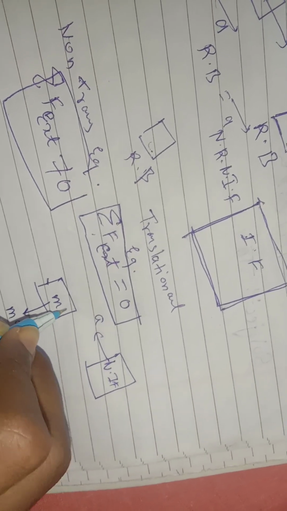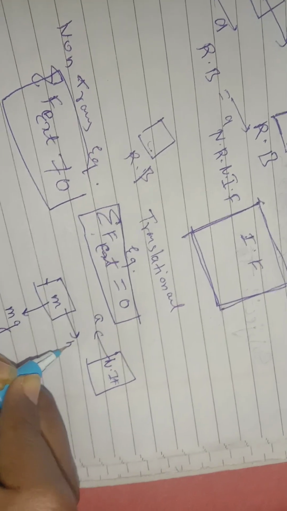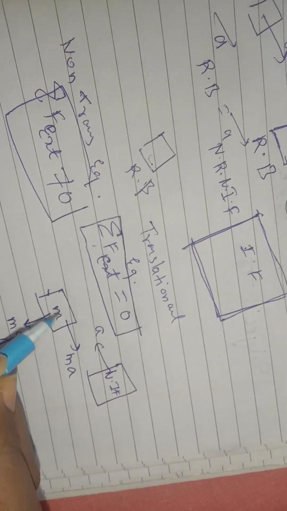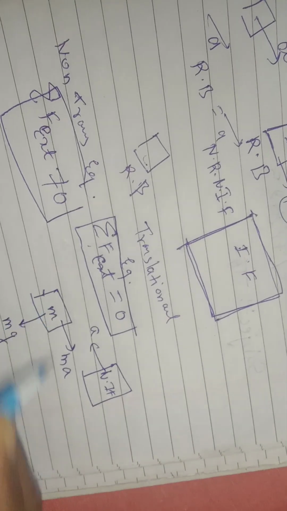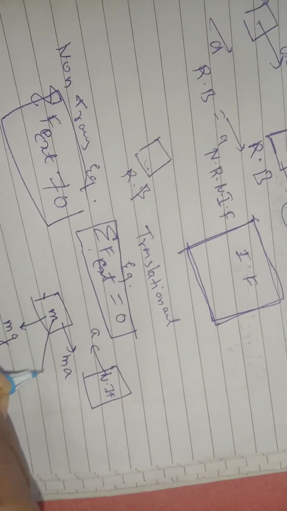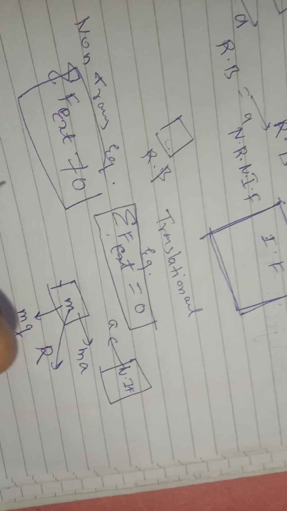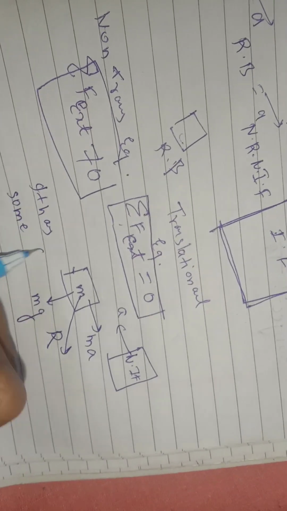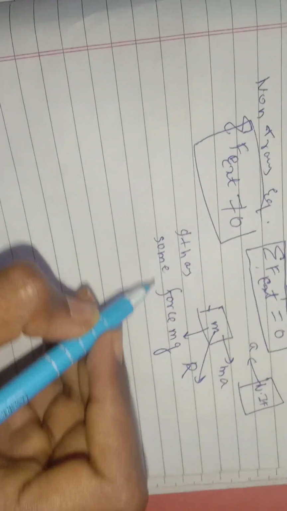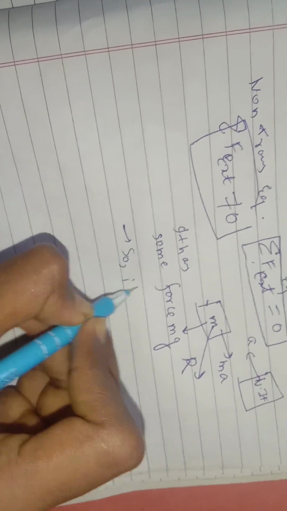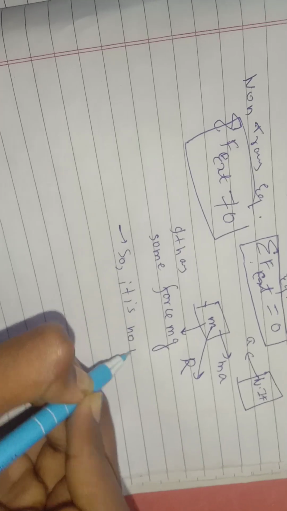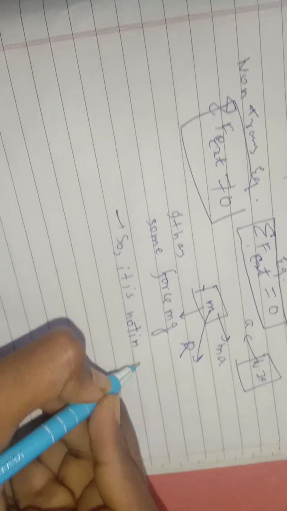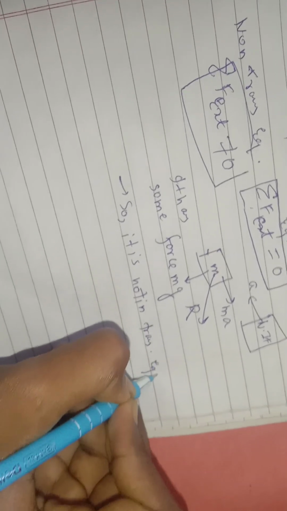It means the pseudo force will be applied there, mass of the block times acceleration of the non-inertial frame. That means there will be some resultant to this side. That means it has some force. So it is not in translational equilibrium. Okay,